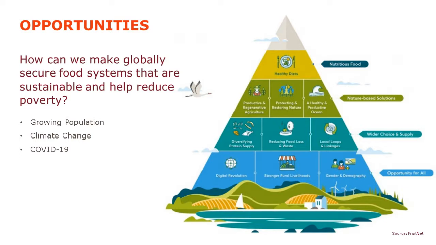We also have a growing population and climate change to think about. So let's just take the rice industry, for example. Currently, rice feeds 3.5 billion people daily, but by 2050, this will be 6 billion, and production will have to increase by 70% to meet demand. And then on the climate change front, rice is also a major polluter. It's responsible for around 2.5% of all greenhouse gas emissions, and rice's climate footprint is comparable to that of international aviation.